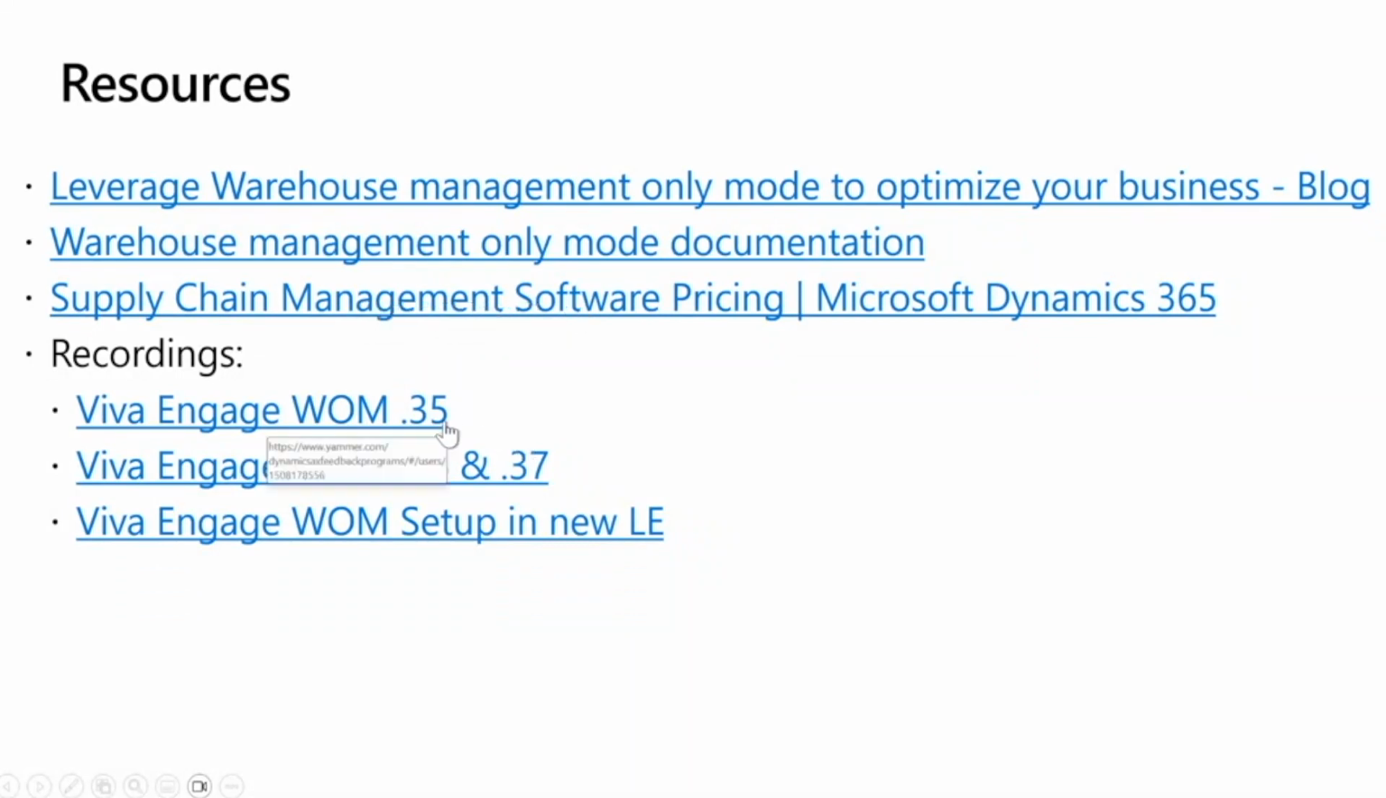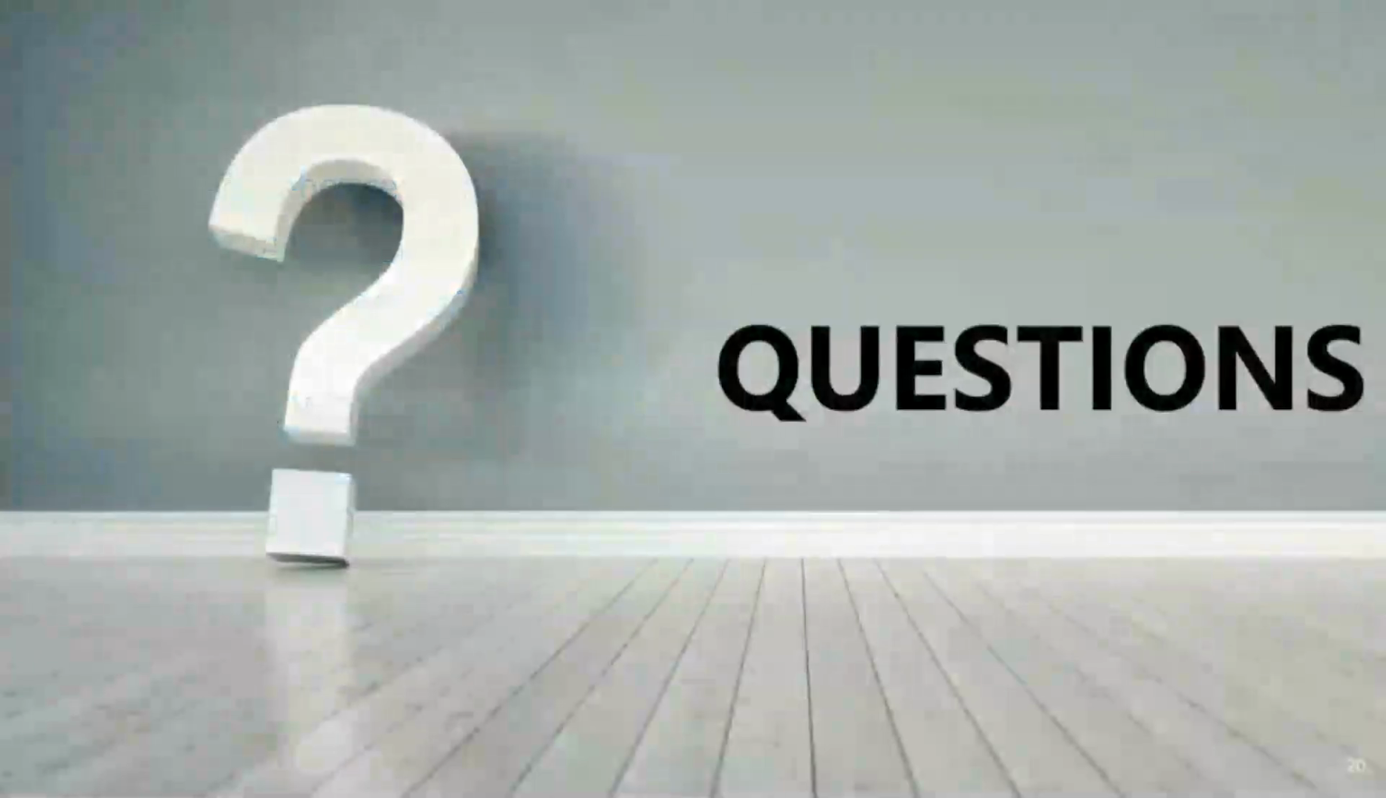And then there are more recordings. I did one quick one on how to set up, as I mentioned, in a brand new legal entity, what is needed for you to set up. And this is definitely where the item master data would also need to be imported via the existing data entity process or whatever you prefer. So that brings us to